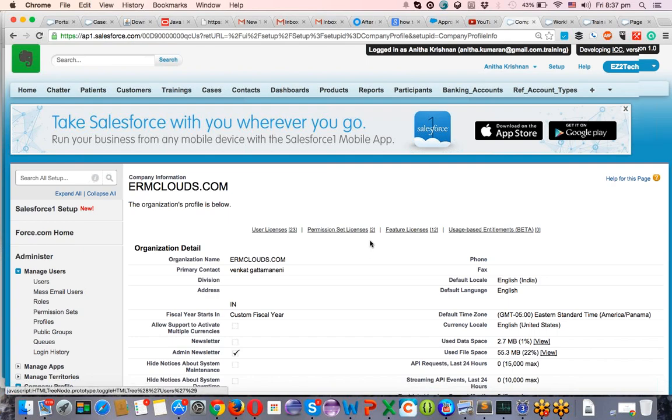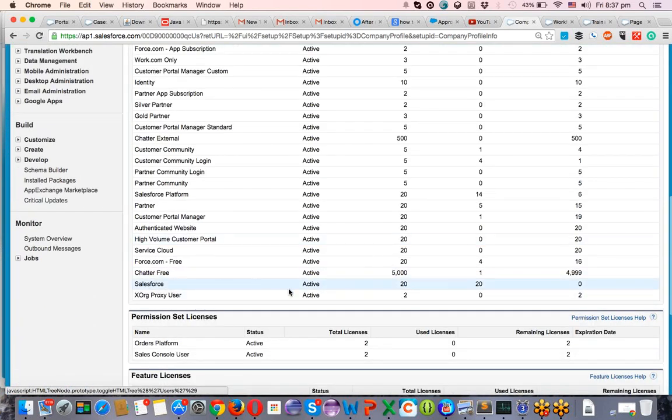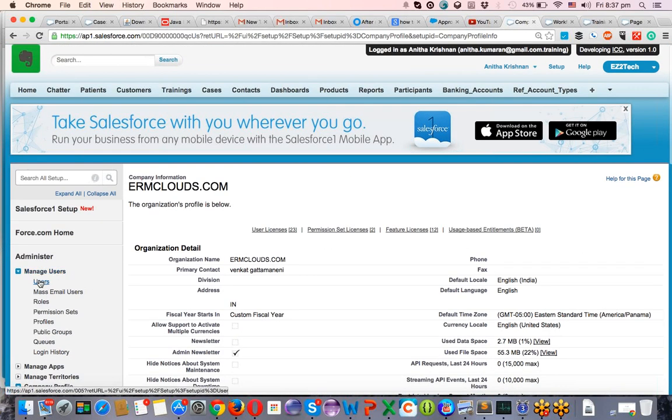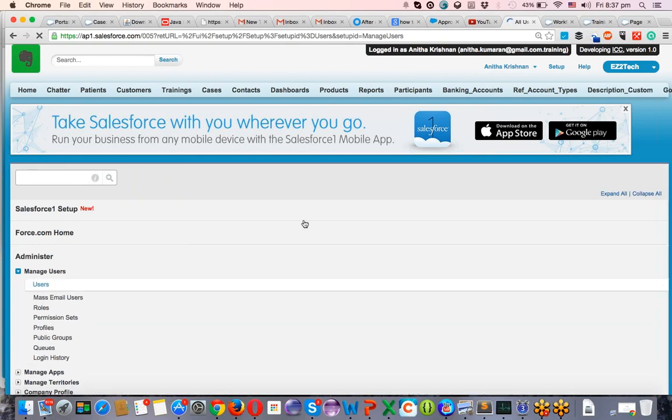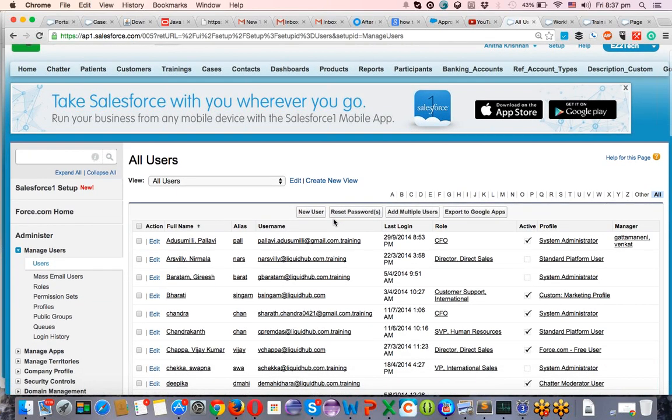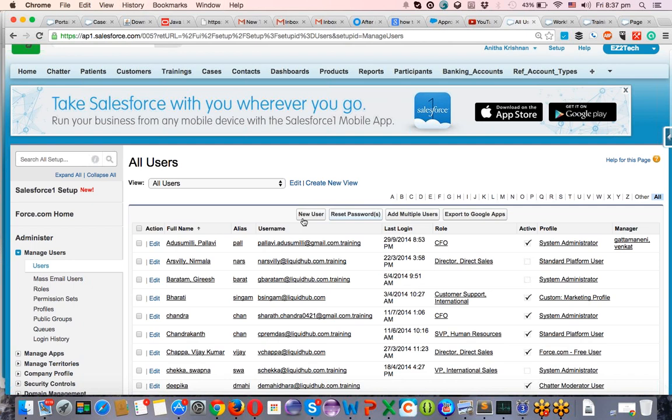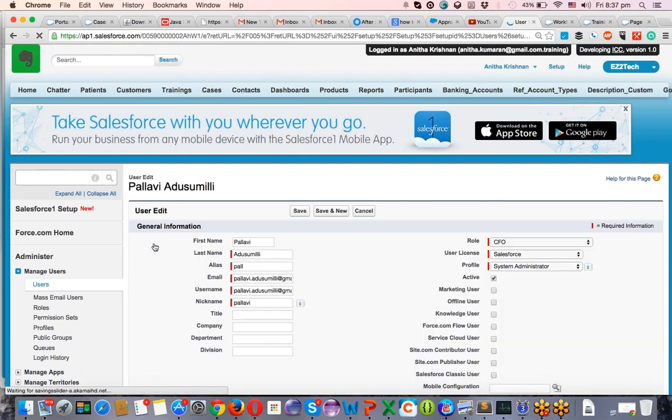For that, I will check whether my licenses are free. Yeah, there are 20 licenses, 20 are used, 0 licenses available. That's the reason I'm going into the user object. I will try to disable one other user. Clicking on edit.